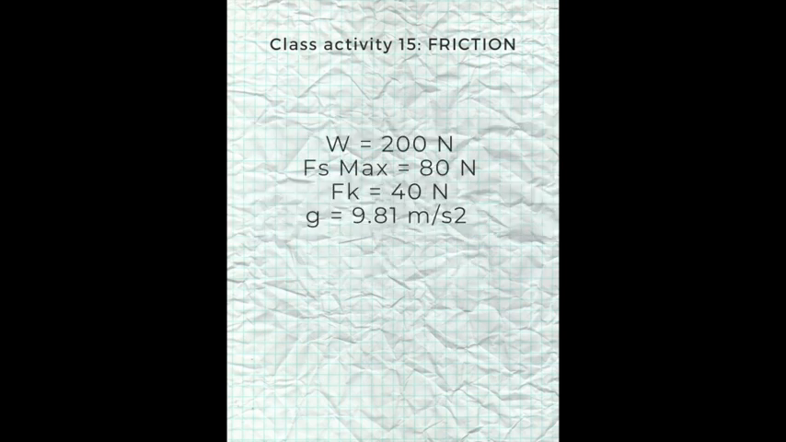So, in this problem, we first determined which data we had. By reading the problem, we got that the weight was 200 newtons, Fs max was 80 newtons, and the force of friction was 40 newtons. We also know that the gravity on Earth is 9.81 meters per second squared, and that the normal force is also 200 newtons, which is equal to the weight, because weight is a measure of force of gravity pulling down